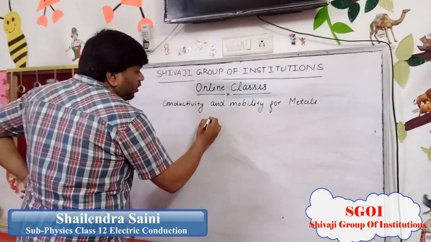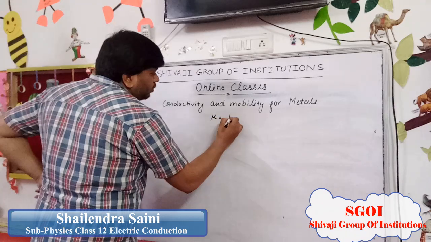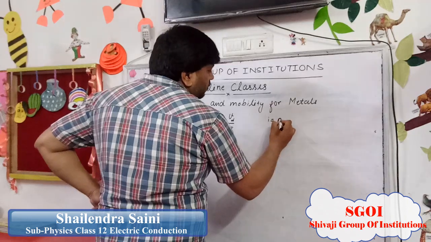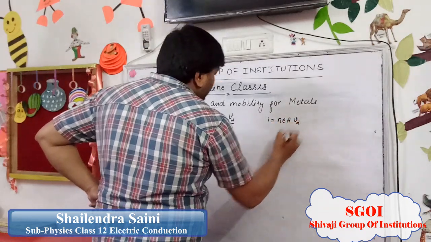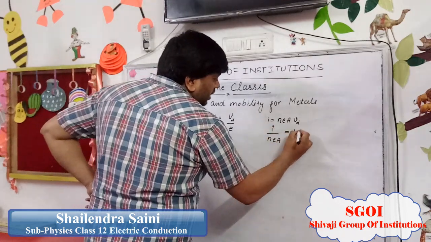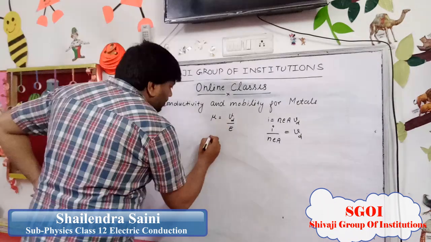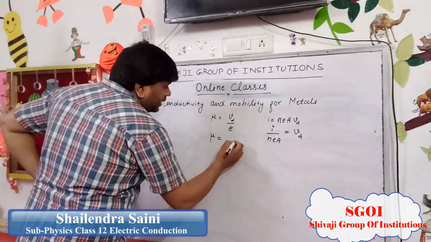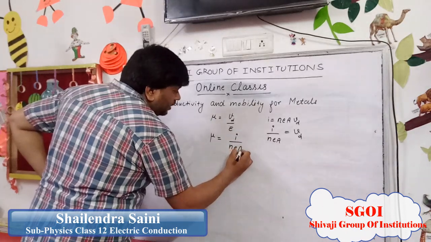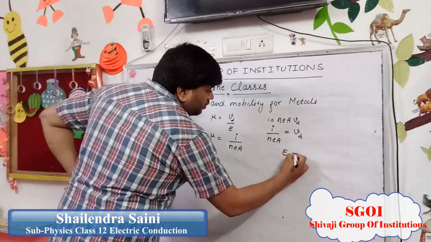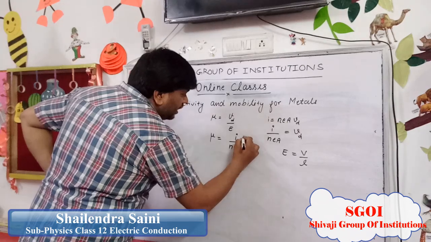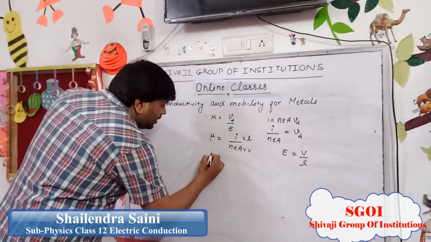As we know the general formula for mobility, mu equal to Vd upon E, and we have already known I equal to NeAVd. From here we find the value of Vd, which comes out as I upon NeA. We put this value here, so mu equals I upon NeA, and E we put as E equal to V by L. L goes up, so mu becomes